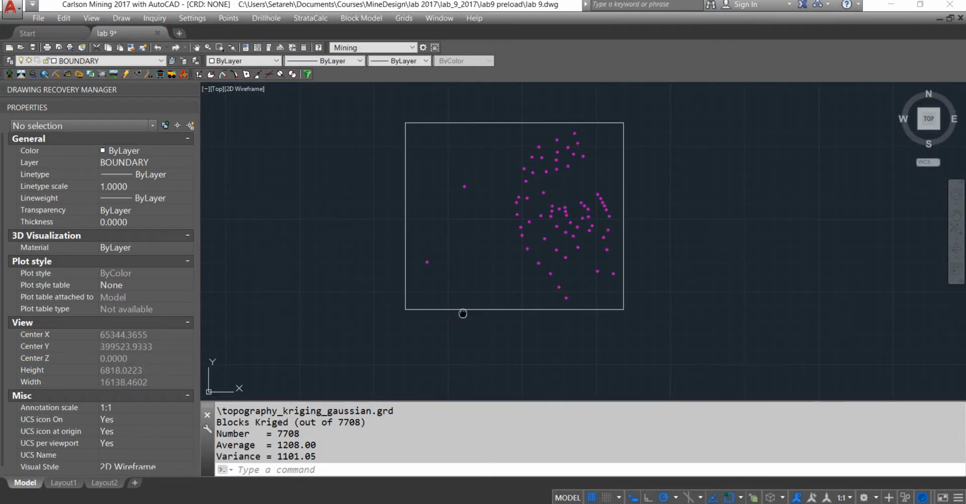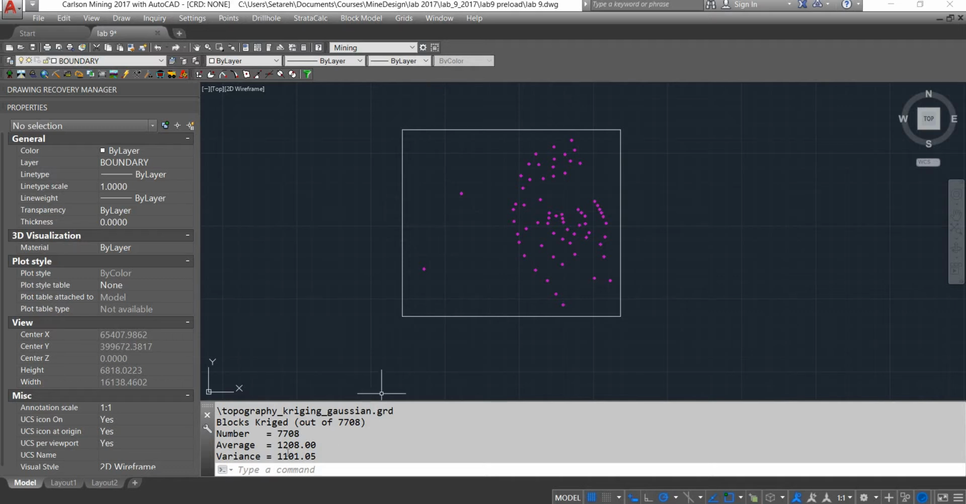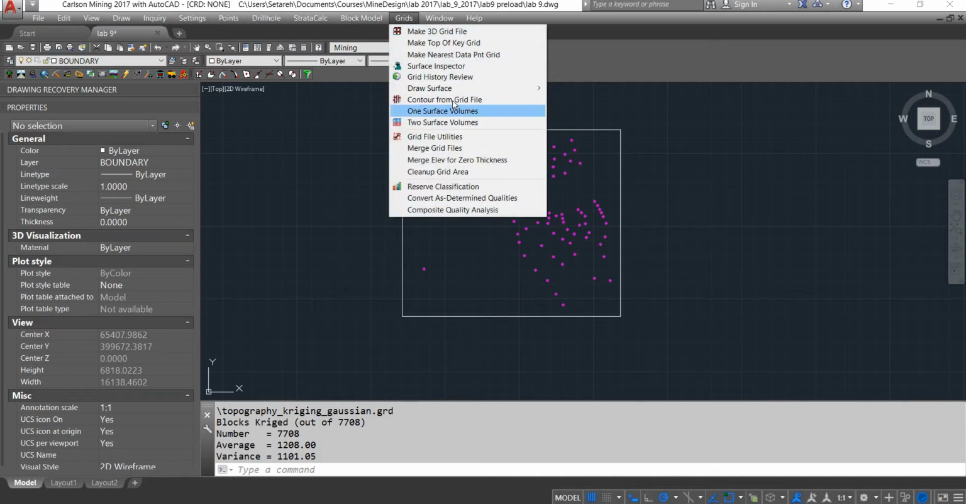Next, now that I have grid files, I can make contour files. So you should be able to make contours. I just make one of them, but you should make it 3 times here. For the sake of the video, I show it once, but you should pause it and do it for the rest of them again. So I go to grids, contour from grid file,